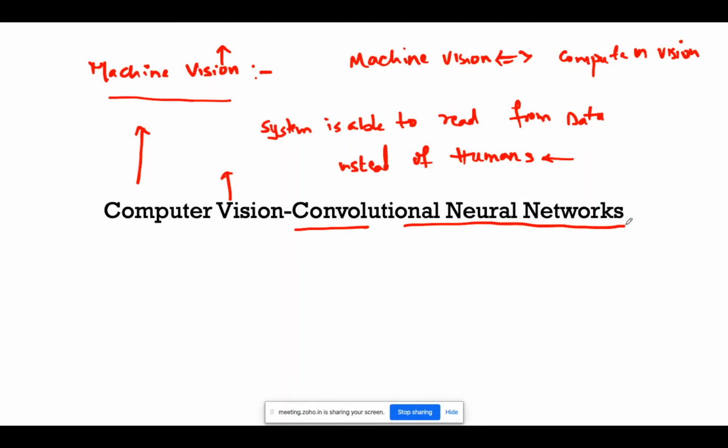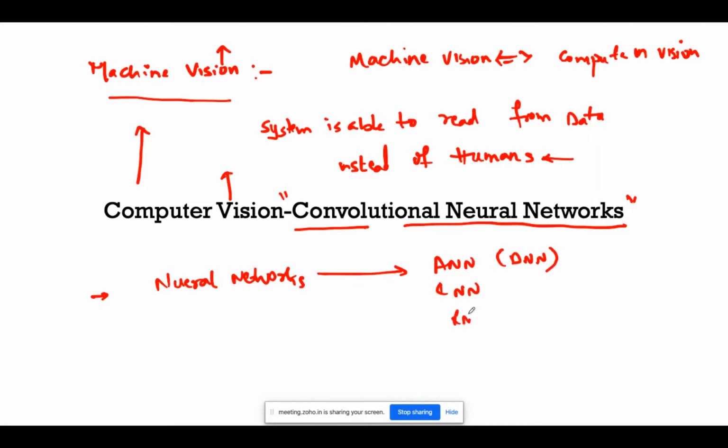Many of you know the neural network concept. Here we are going to demystify it in a very detailed manner. In neural networks, we have three kinds: ANN, deep neural networks like CNNs, and RNNs.